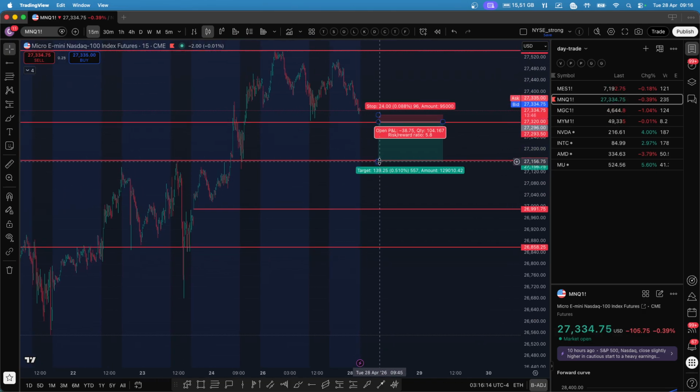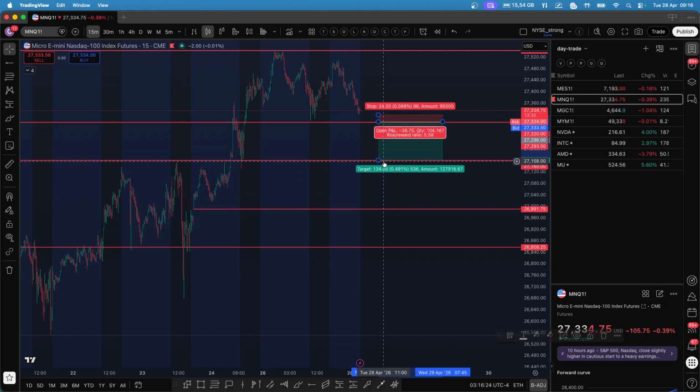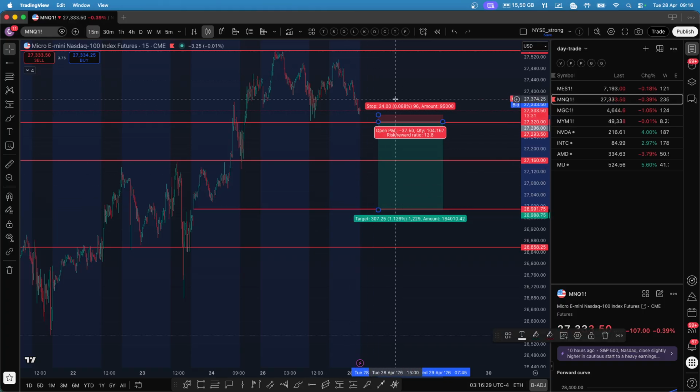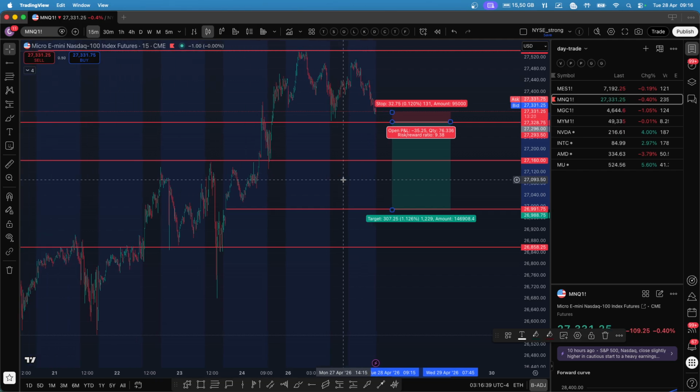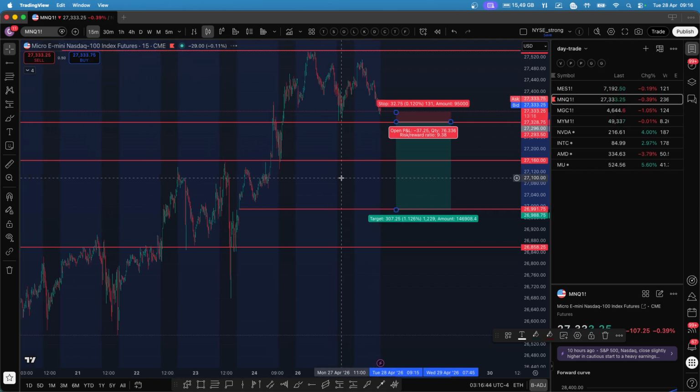This is one of the targets, and you can also plan this low, which is at 26,990. So based on your risk to reward and holding capacity, you target these two levels, 27,160 and 26,900. I would like to keep a small stop loss, maybe 20-30 points, and aim for at least 1:4 or 1:6 risk to reward. So that is what will pay off in the long term.